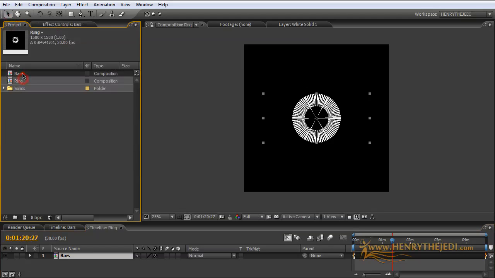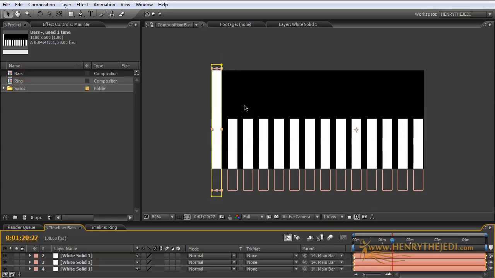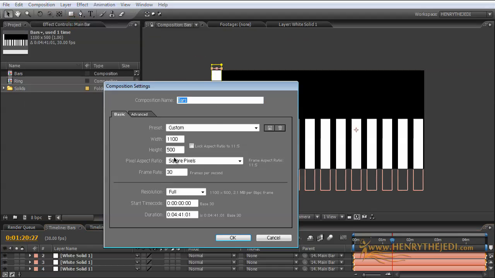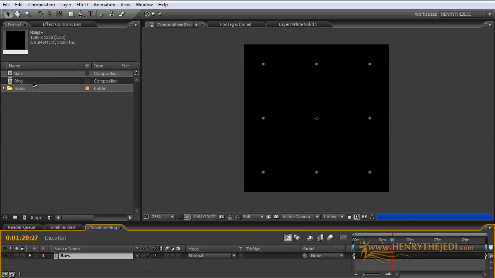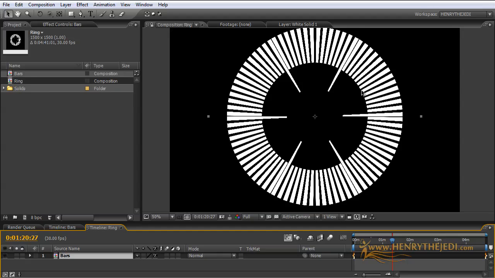So let's go back to the bars composition and change the settings again. We're going to go to composition settings. Let's see. The width, which one should we actually focus on? I think the height is what we worked on. Change the height to 1100, okay. Yeah, like that. Let's go back to the rings composition. Aha, now of course, you can see by simply adjusting those parameters, we have more space to work